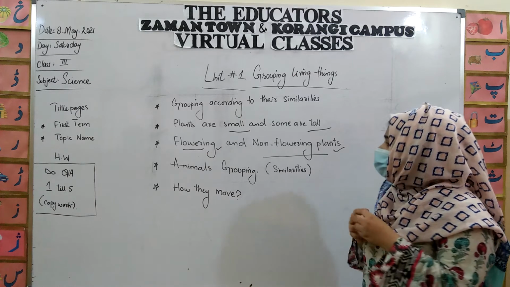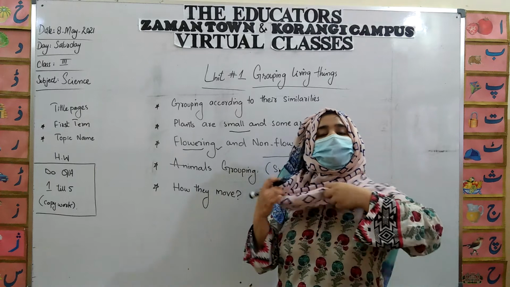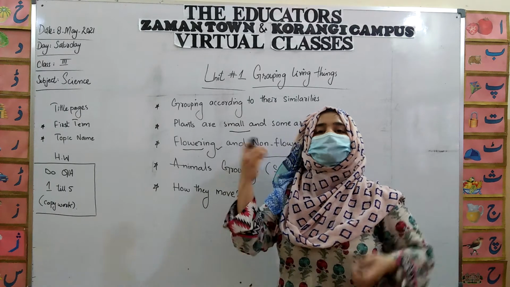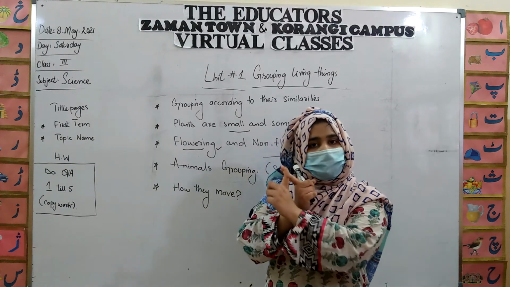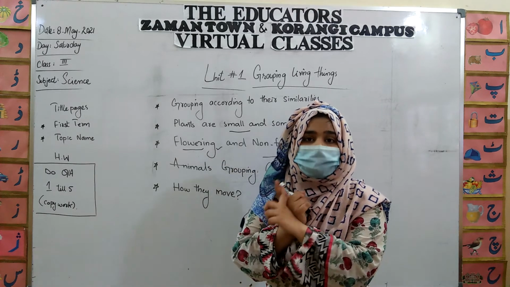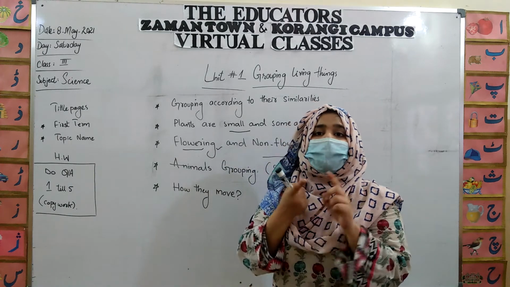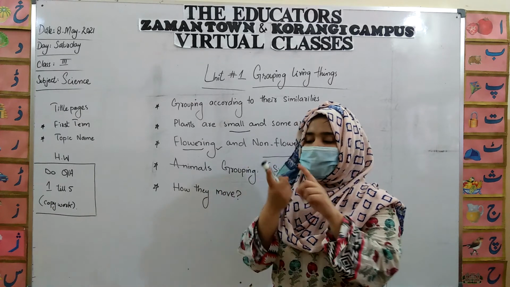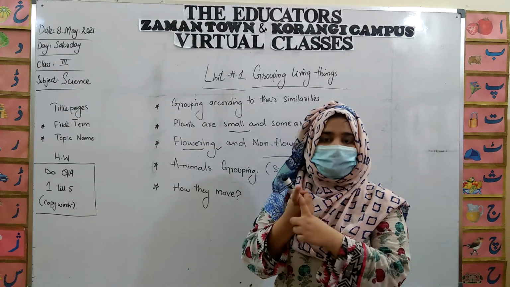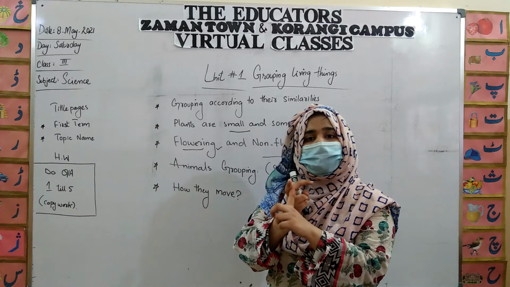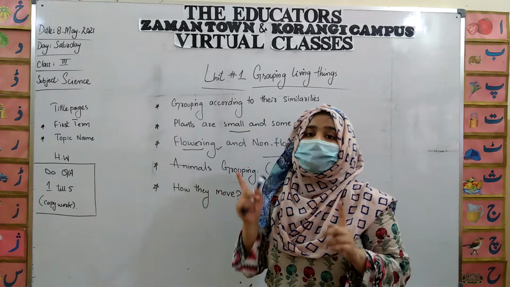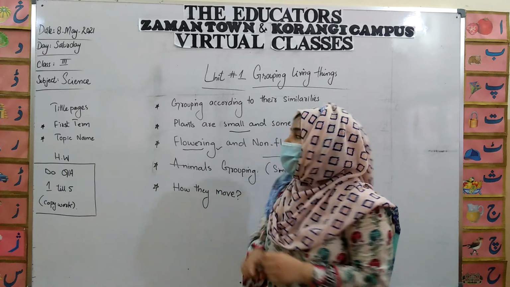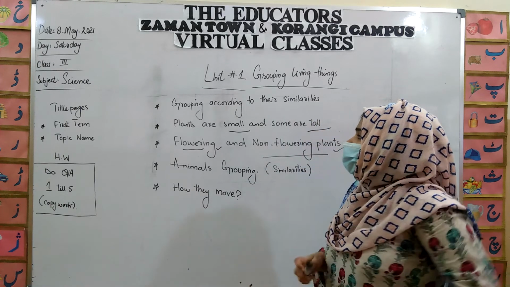You have to visit your nearest park and pick the plants that are tall, short, flowering and non-flowering. You have to characterize them. I will ask in your next class. And there is some homework for you, class.